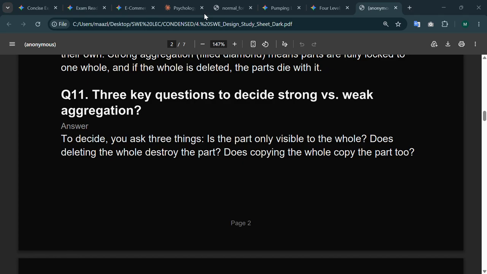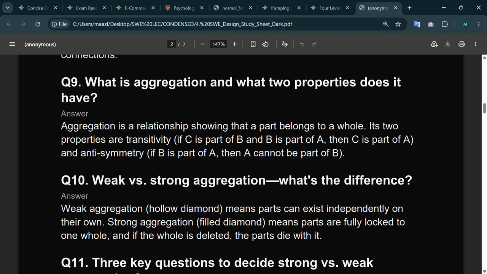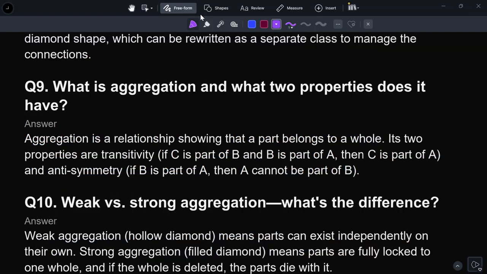Then we might even understand what aggregation is here, for example, and what are the two properties that it does have. So we need to understand that aggregation is a relationship in a UML diagram showing a has-a or part-of connection between a parent class and a child class, the part. It is drawn as a line with a hollow diamond pointing at the parent container. So aggregation is bounded by two strict properties, for example, transitivity